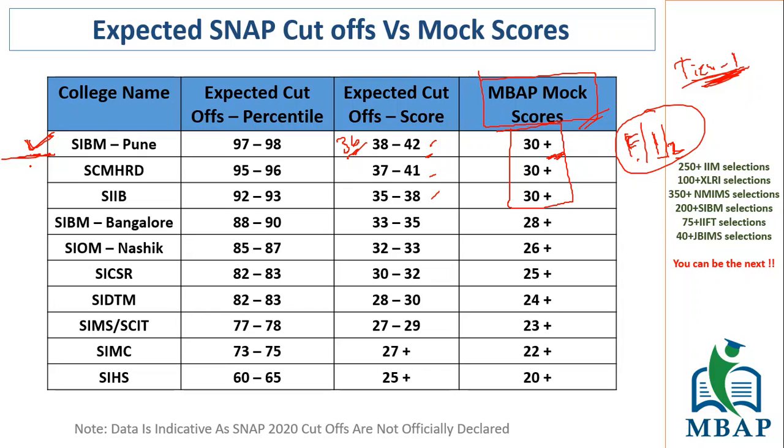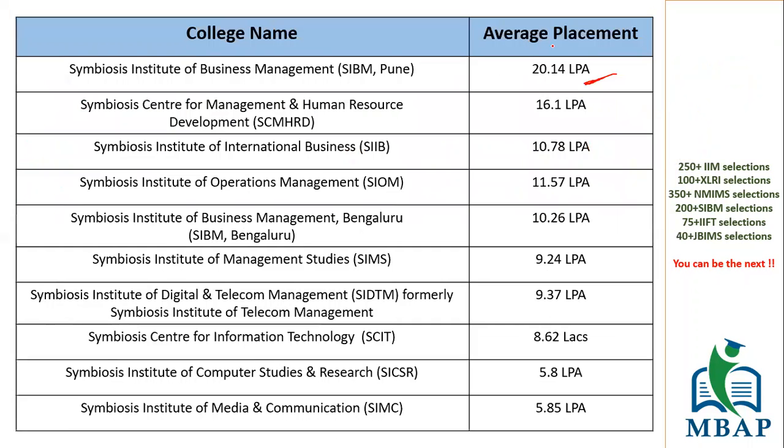But if you think, no, I want to get into a decent college this year, and I will not go to a college with a very low package, but a package of around 10 lakhs, 11 lakhs is fine with me, then you have a couple of more options. Till here you have options close to 10 lakhs. So you have 6 more colleges that you can apply to, wherein the packages are around 10 lakhs.